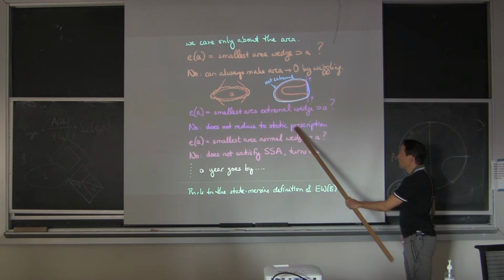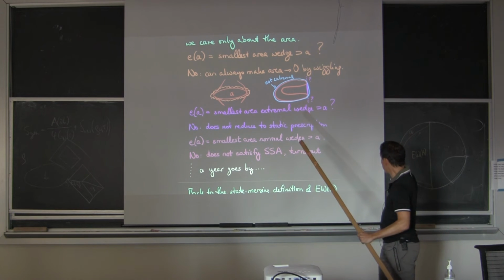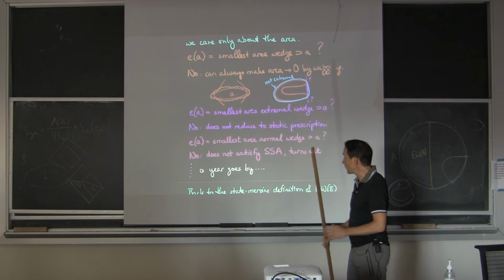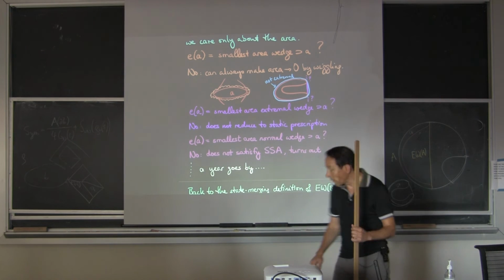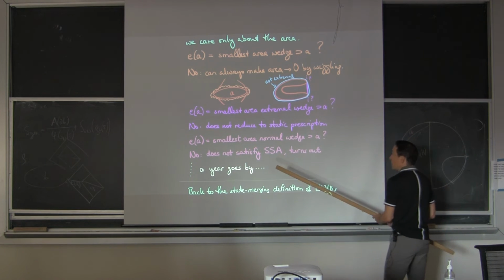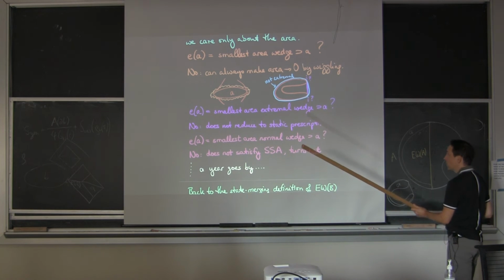So this, again, doesn't exist in general. You wouldn't be able to find the smallest area extremal wedge that includes A. OK. So next stupid idea, which we actually pursued for a remarkable amount of time,